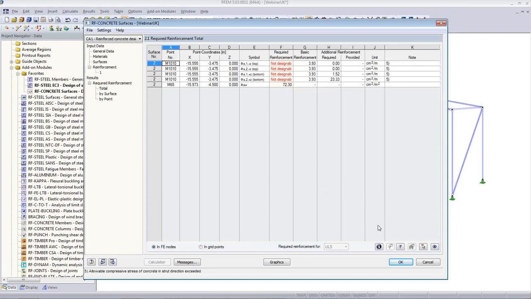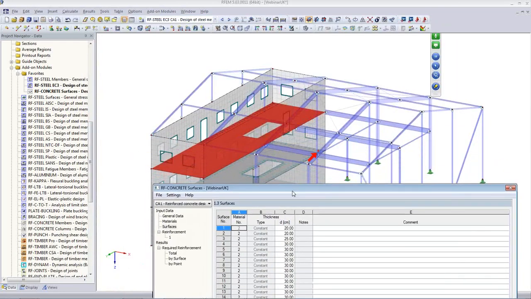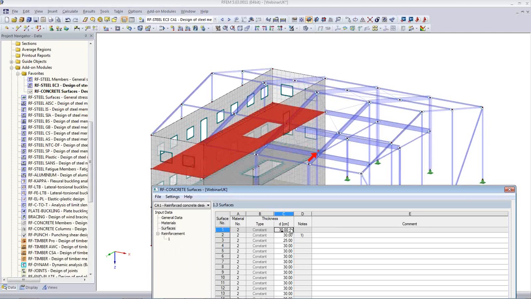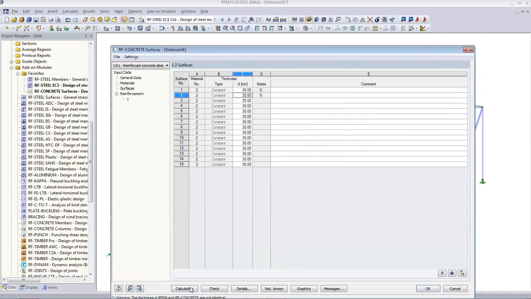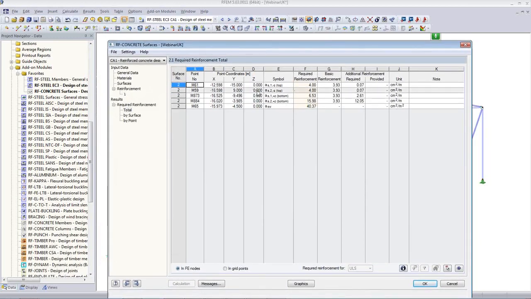We see here we have a problem. I can filter out the non-designable results which don't tell me anything, and we have here quite high reinforcement. We have the basic provided reinforcement, the additionally required reinforcement. If I want to play a little bit with my thicknesses, I can, just in the design module, change the thicknesses if I want to, without recalculating the results in RFEM, and do another design. So I'll check a change in the design mode, until I get more pleasant results as I like them,